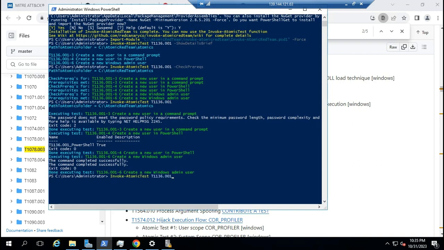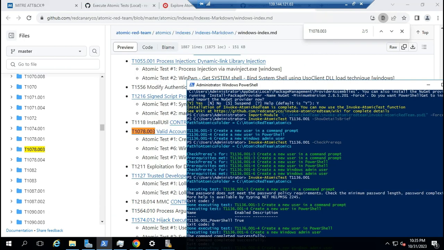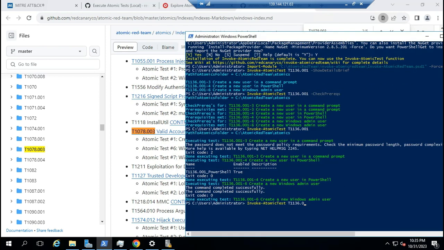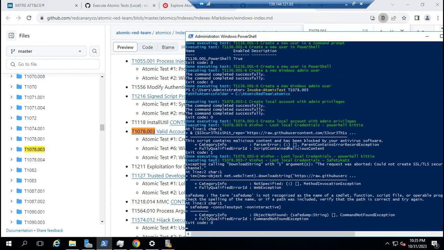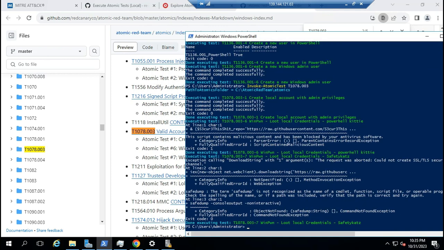Okay, going to this, same like before, Invoke-AtomicTest and then just write the technique. So right here, just hit enter. Oh, I'm sorry, maybe I forgot to check the requirement. Wait.